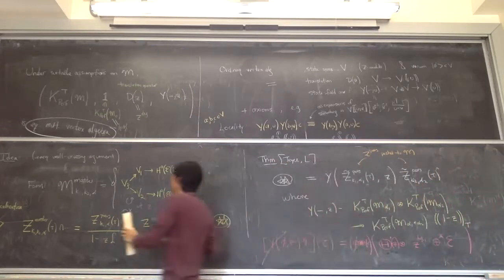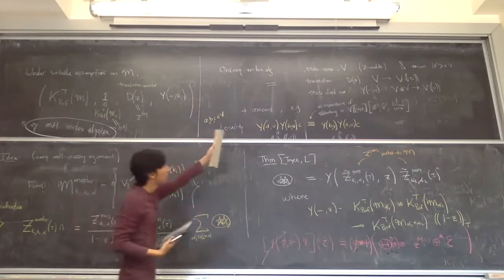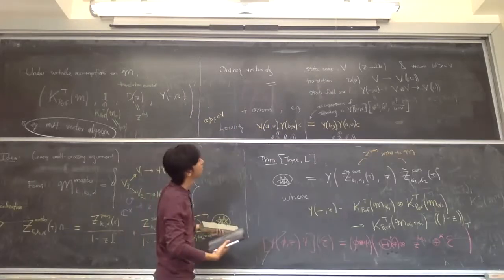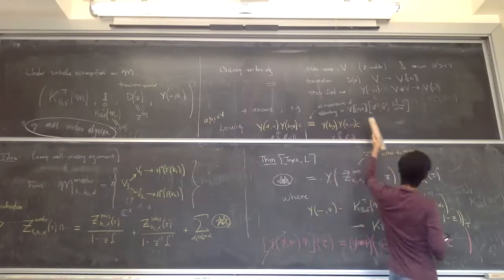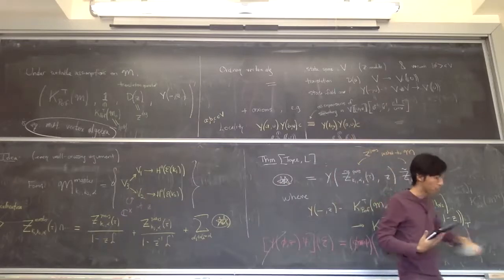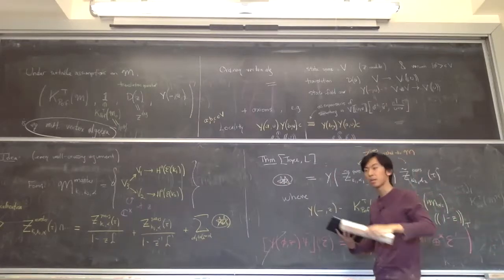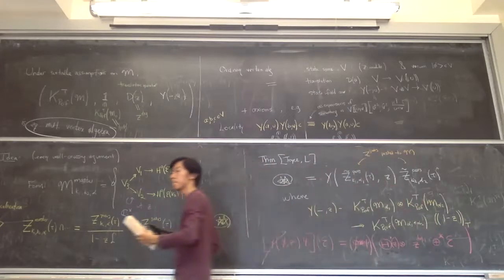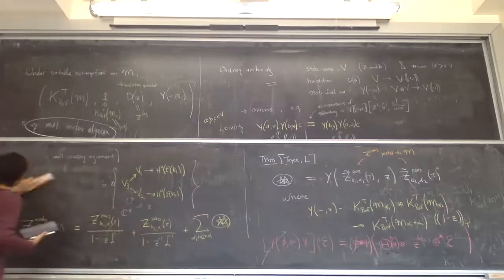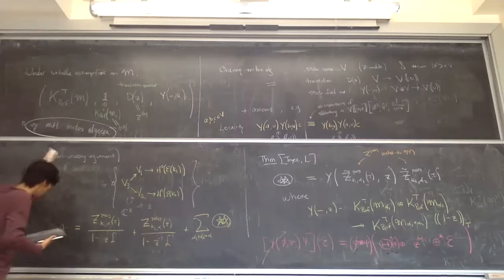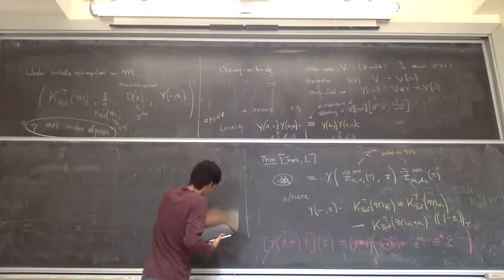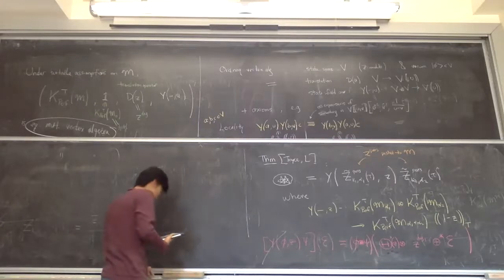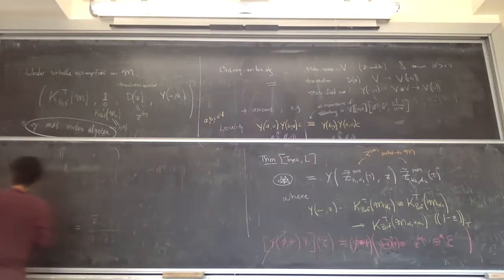So now let's try to make everything up here multiplicative, in the sense that we're going to view these formal variables U and V as some formal variables on C, and we're going to apply the exponentials of it. So we're going to replace U with e to the U, and we're going to replace V with e to the V, and we'll get something. So if you want to make this whole thing multiplicative,